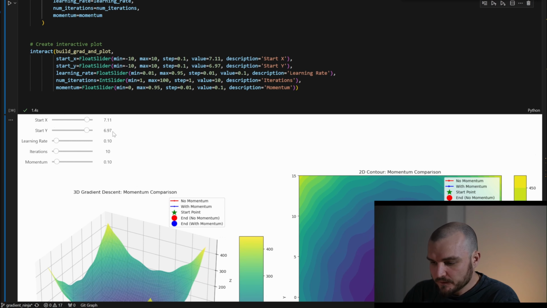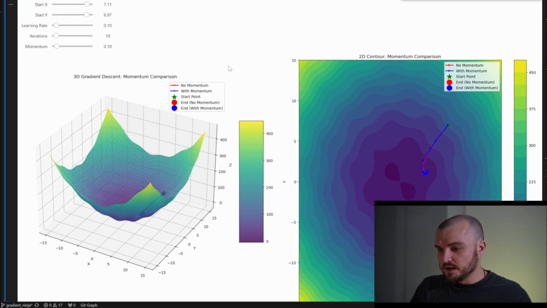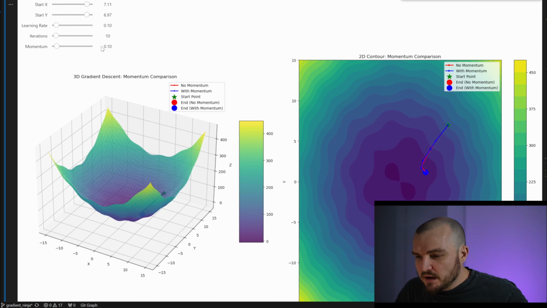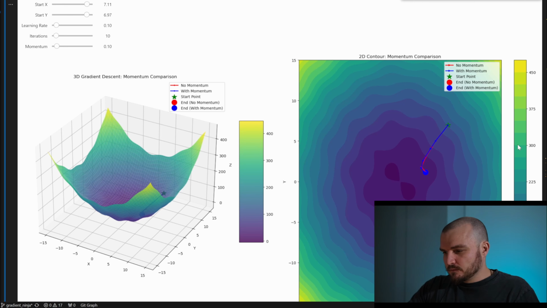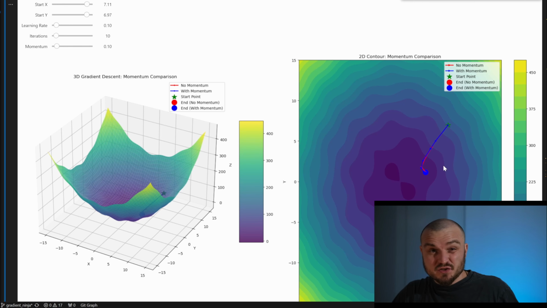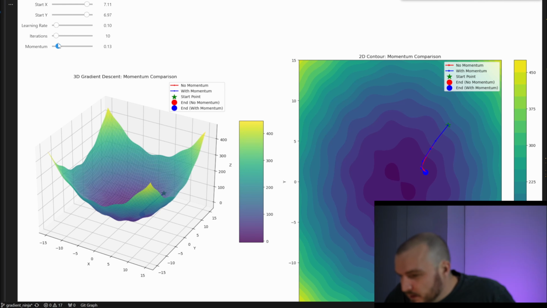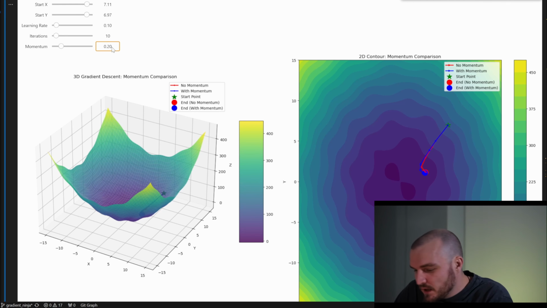Let's run this code, and you can see the result. We have a red line, just pure gradient descent with no momentum, and a blue line with momentum. At the beginning we have the momentum 0.1, and there is not such a big difference between these trajectories. If we increase this momentum just a bit, you can see more and more difference. When we choose 0.2, it's not such a big difference, but